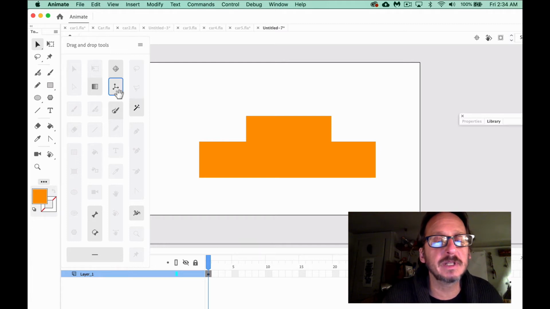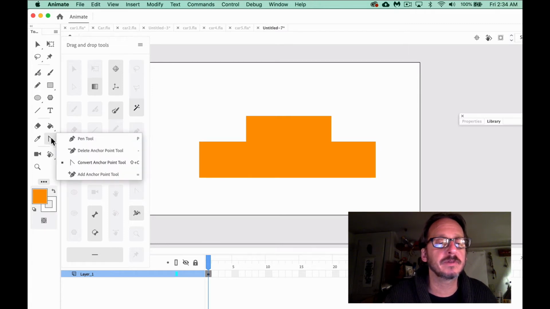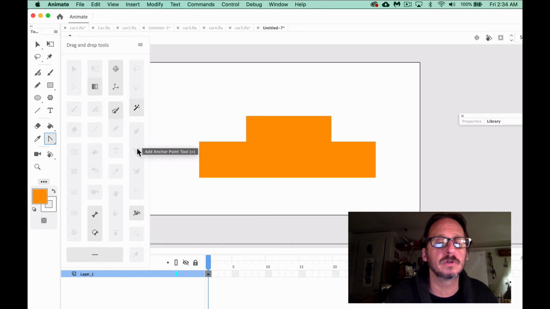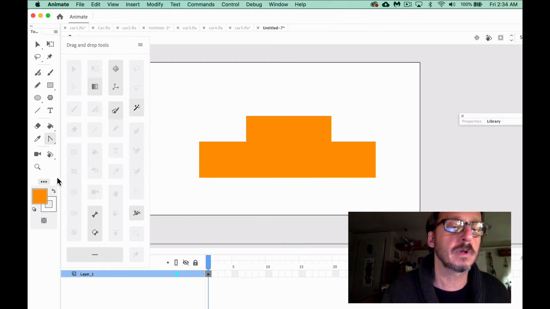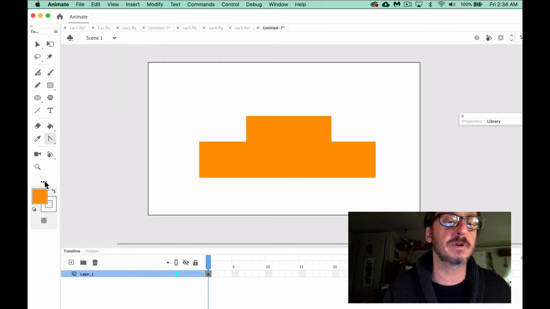We're also going to need the set of pen tools. Mine are faint because they're already loaded here. But if yours are not, come over here, drag the first pen tool, the add anchor point, the delete anchor point, and this tool down here called convert, which we may or may not use. So we definitely need the white arrow, and I am going to want this set of pen tools. You might as well do it. When you're done, you click the three red dots.